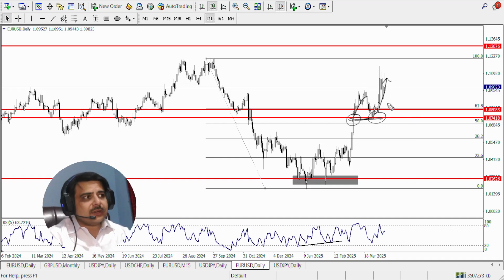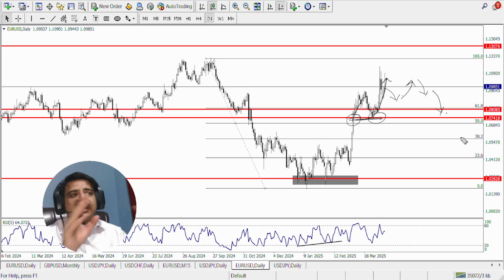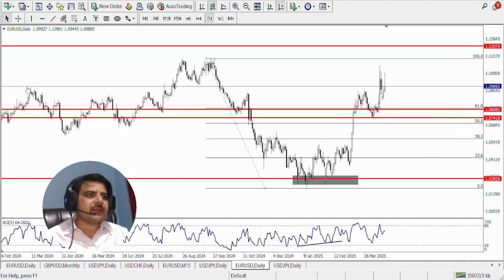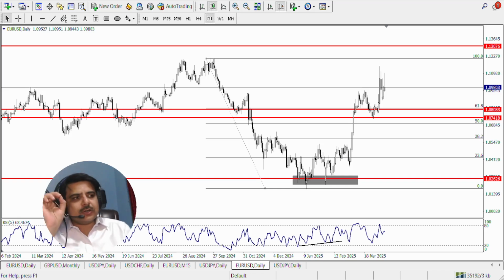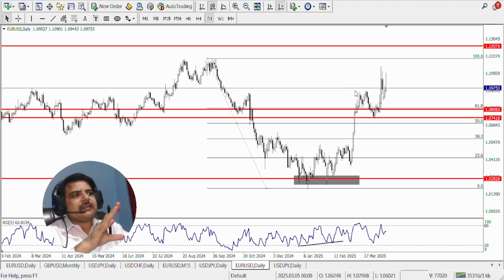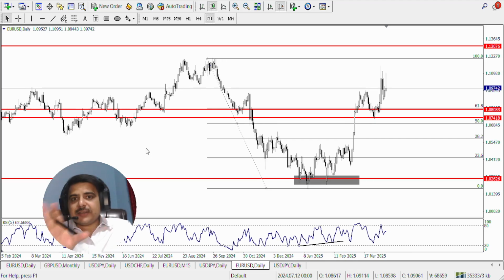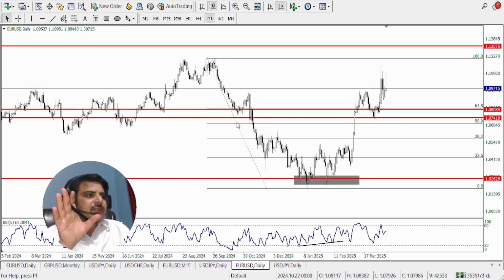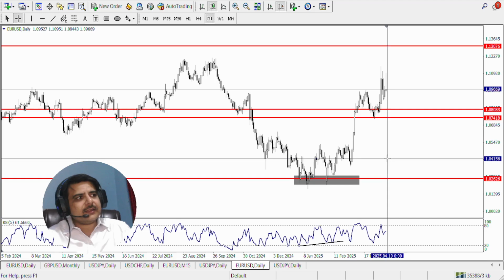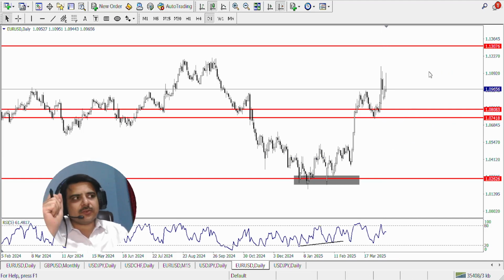Right now, from where it is, is it going back up or is it coming back down, and what can be the right approach to look at this market right now? Let me also explain that to you. And in order to understand that, we have to look at these time frames and these previous trends as well. But for now, just understand that the market was supposed to drop from right here, and then we were supposed to take buying decisions from right here.